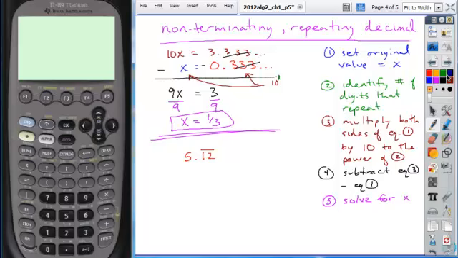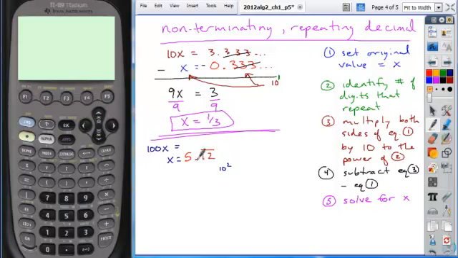All right, so I'm going to go ahead and start talking through this. I'll follow the steps that you can see. The first step is to set the original value equal to x. Then identify the number of digits that repeat. In this case, how many digits repeat? 2. And so 10 to the second is what value? 100. So I'm going to multiply both sides of my equation by 100. So 100 times x is 100x. And 100 times